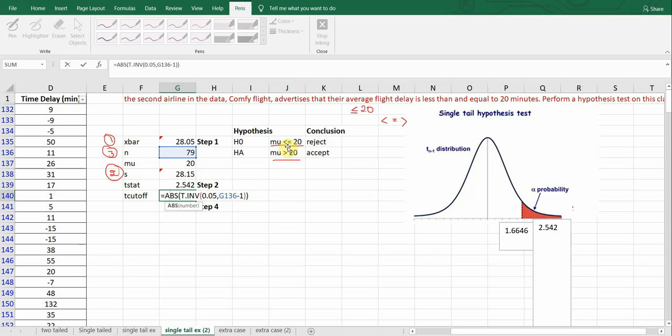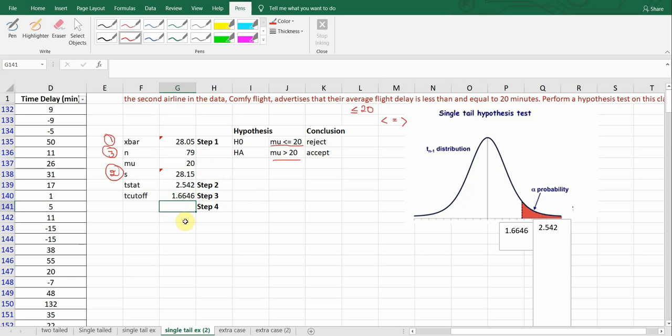So therefore the rejection region is on the right hand side. So therefore t cutoff value is plus modulus of t dot inv alpha comma degrees of freedom. That same thing we have written over here, plus absolute of t dot inv 0.05 comma the degrees of freedom, which is nothing but 79 minus 1, 78. Click on enter, you get the value of t cutoff as